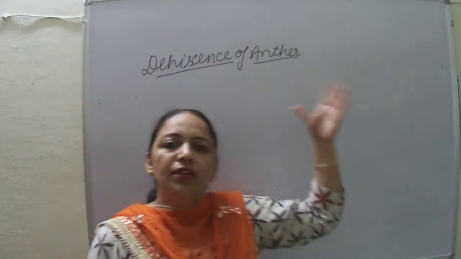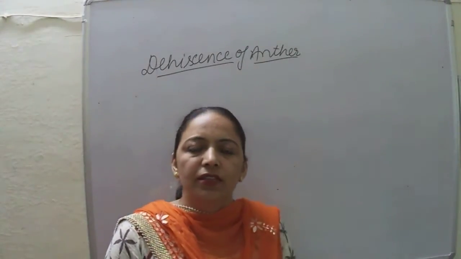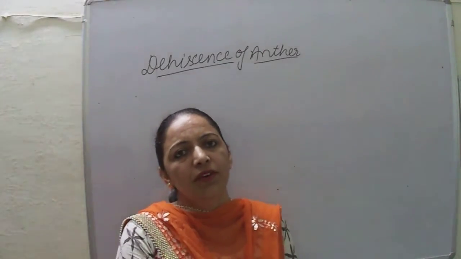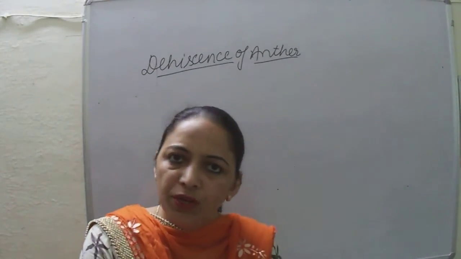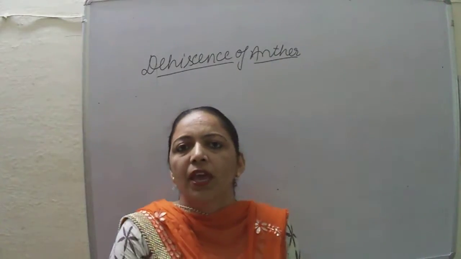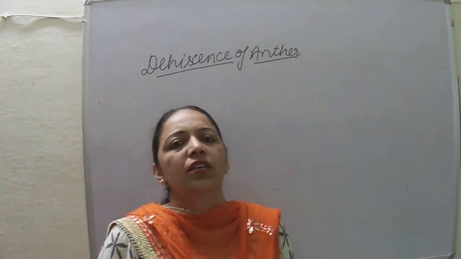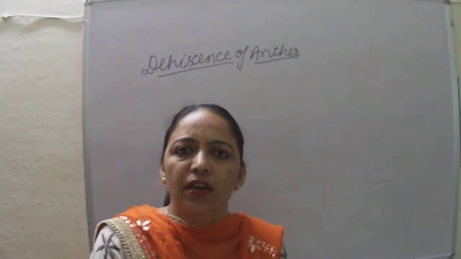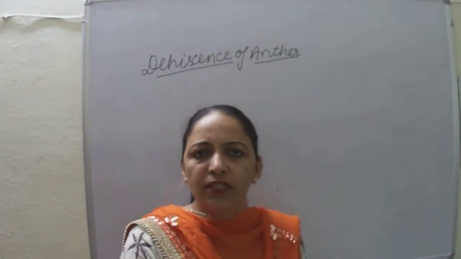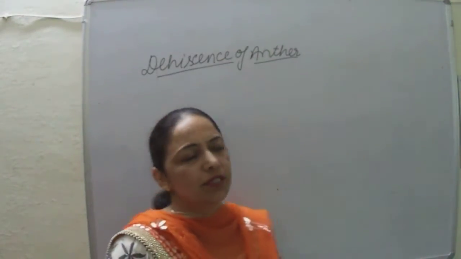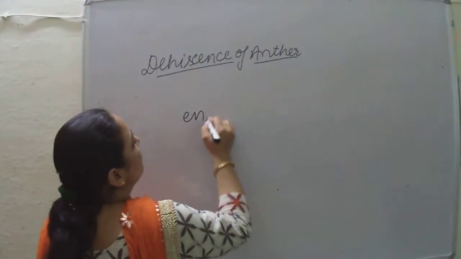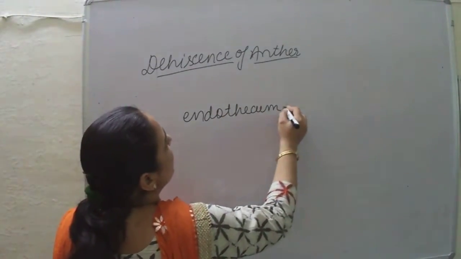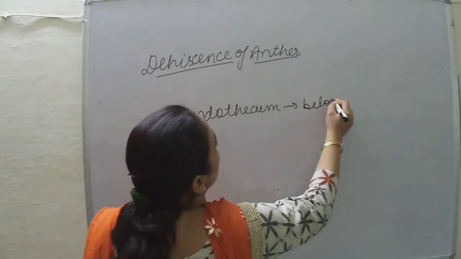Students, as the pollen grains mature, the anther dries up and the inside wall that divides the anther into two pollen sacs also ruptures. As soon as the dryness increases, the cells of the endothecium... Endothecium means, I told you in the last session, the layer that is present below the epidermis.